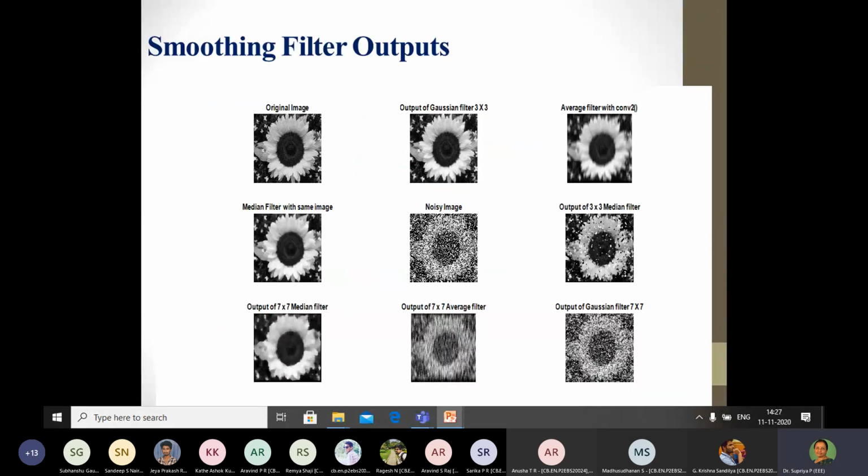Here, some examples have been shown just to give you an idea. We have an original image, and we have applied a Gaussian filter, an average filter and a median filter to the same image. After that, we have applied some amount of noise to the image, and then we have checked the output of the median filter. You could see that the last one is showing the output of a median filter, average filter and a Gaussian filter for a mask of 7 by 7, and definitely this tells us that when the image is noisy, especially, you could see here it's a spraying of black and white spots, which is equal to salt and pepper noise.